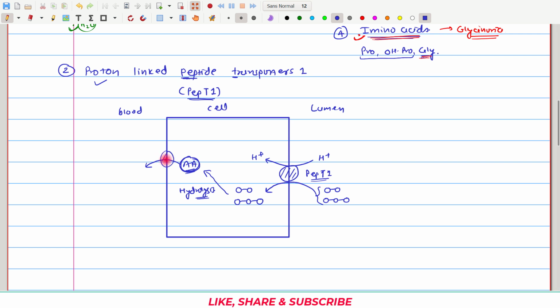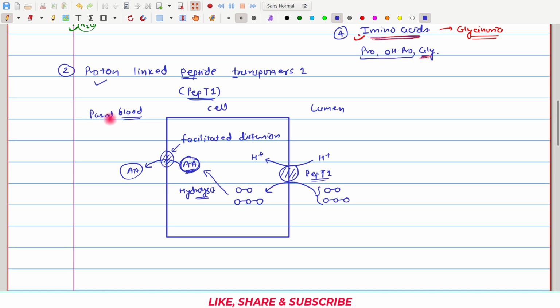So, there is one transporter which can transport amino acids, and it does not utilize any energy. So, we call it facilitated diffusion,